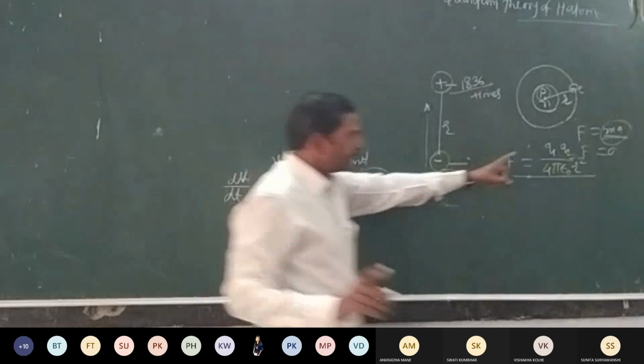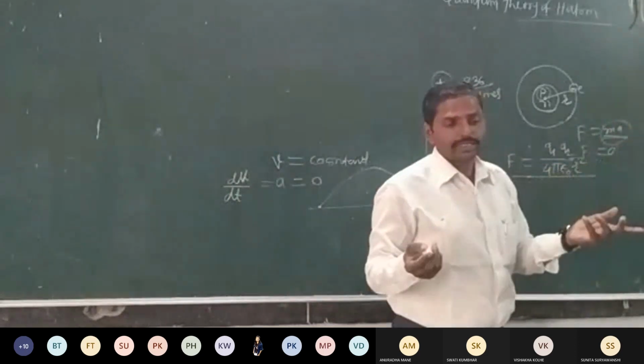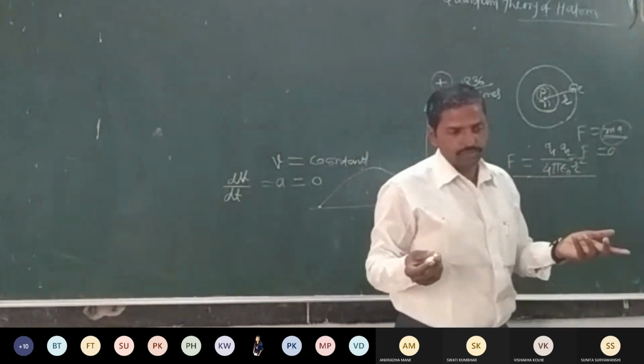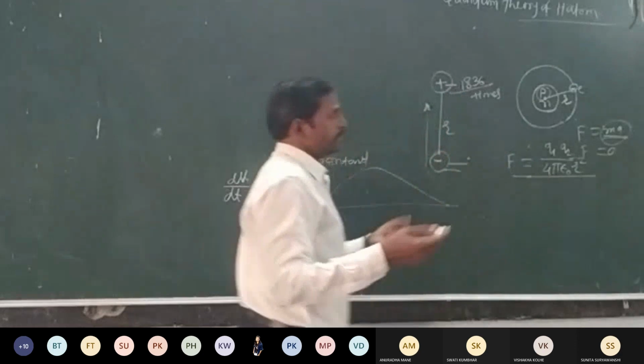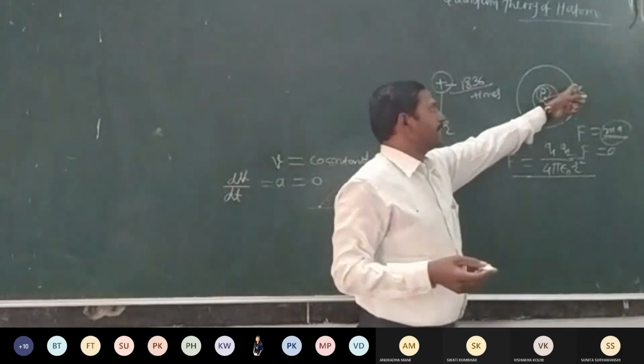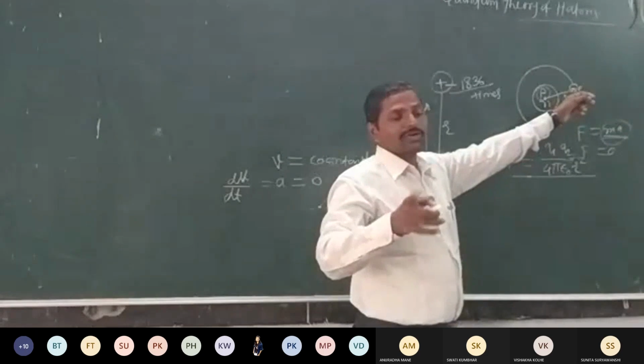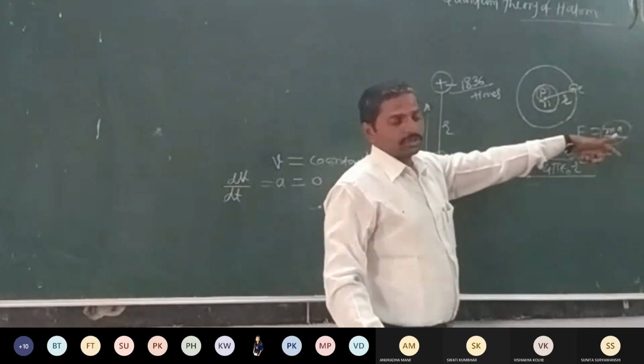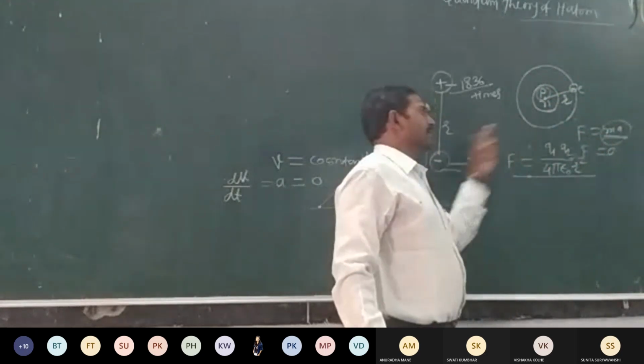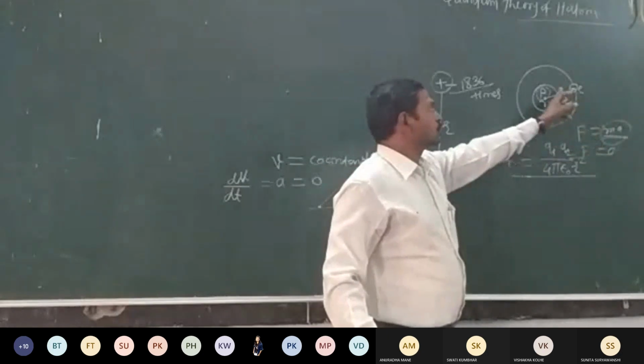Every accelerating particle gets decelerated or it comes to 0. When it comes to 0, it means that its velocity is constant or 0, if velocity is 0 then the derivative of velocity is again 0, so it comes